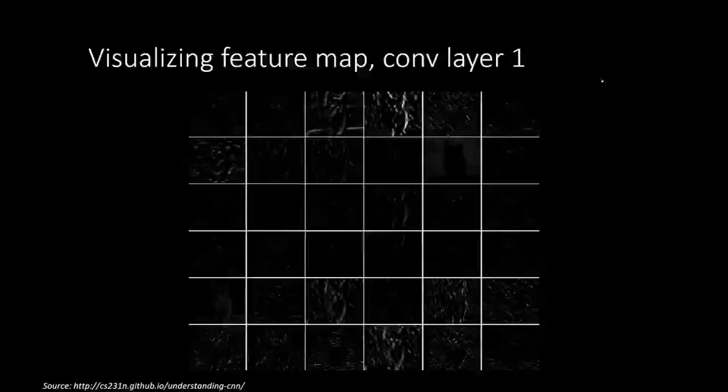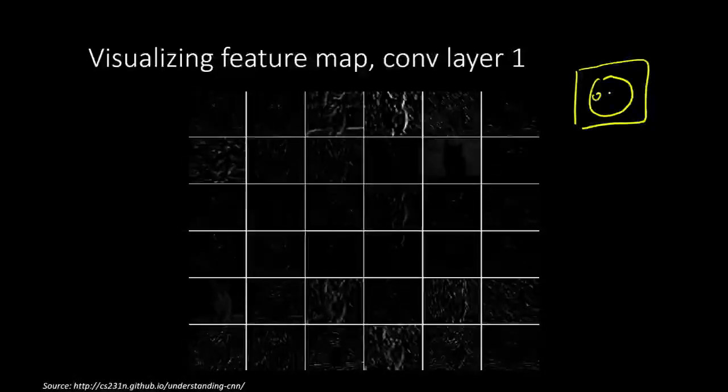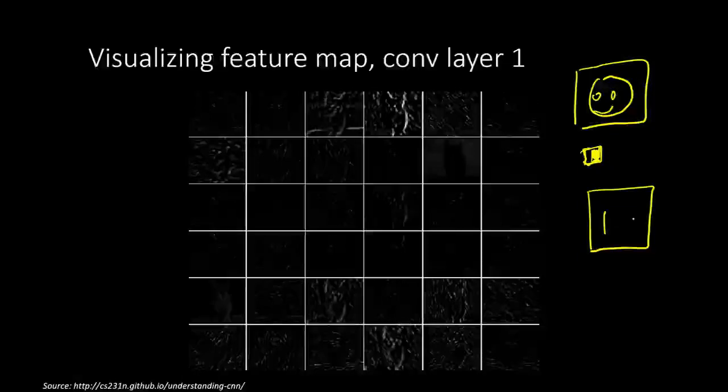So what is a feature map? Let's say you have an image, and this image has a face, and I have a small kernel that detects vertical edges. By light I mean that it has positive weights, by dark I mean it has negative weights, and I convolve it over this image. So I will get another two-dimensional matrix which will be roughly of the same size as the image itself, and it will detect all the vertical edges, and it will give me zero response on the horizontal edges and in the flat portions of the image